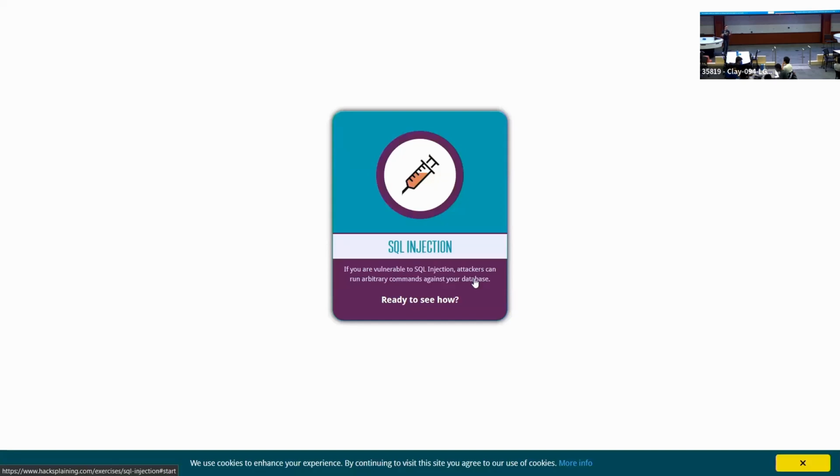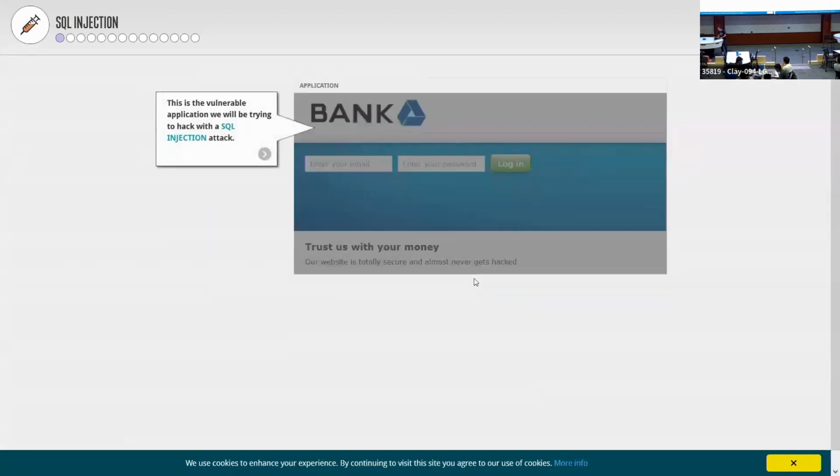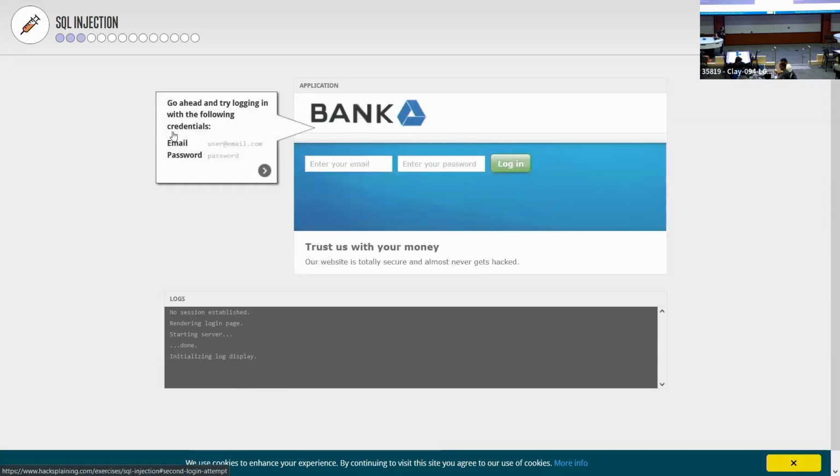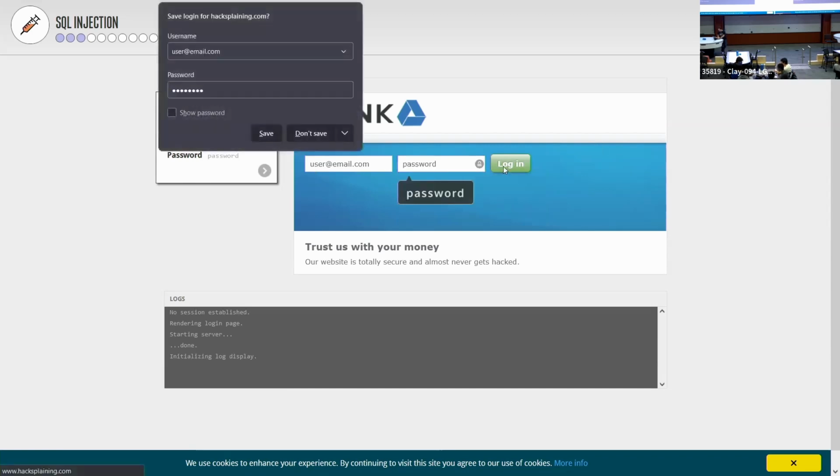For the purposes of today, you don't need to know a lot, and I'll explain everything that you do need to know. So effectively, SQL is a language for interacting with databases, and it's done by using these things called queries. Now, here we have a random bank website, and also a log that will show us what happens. And if we try and log in using a valid set of credentials, which it gives me here as user@email.com and password, very secure. If we log in,